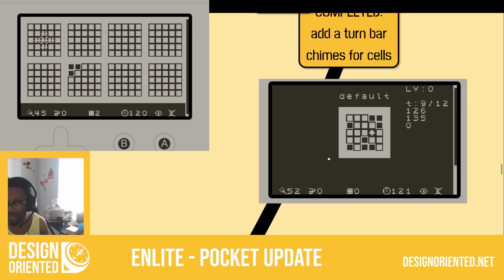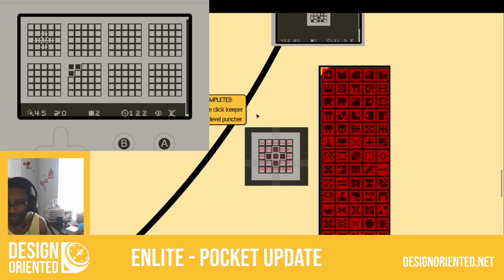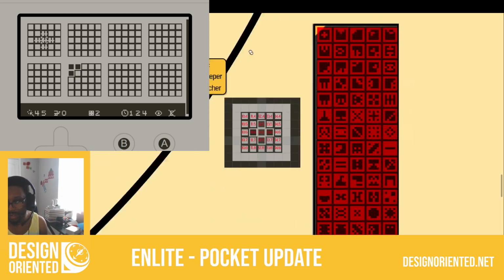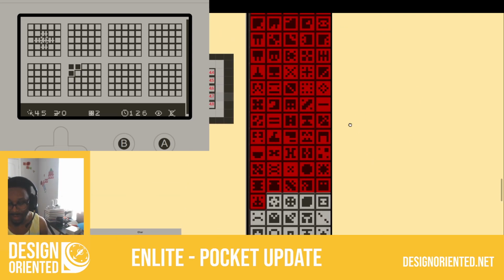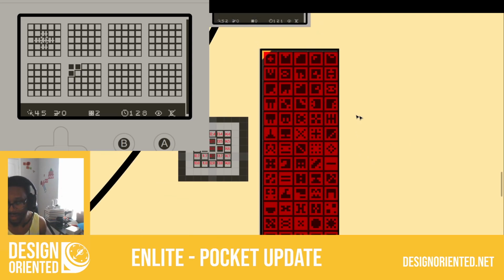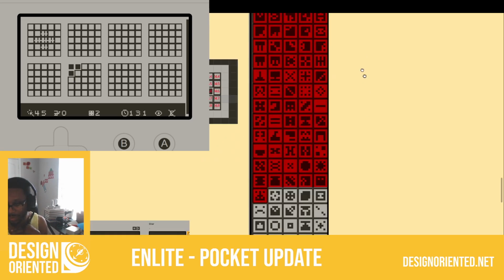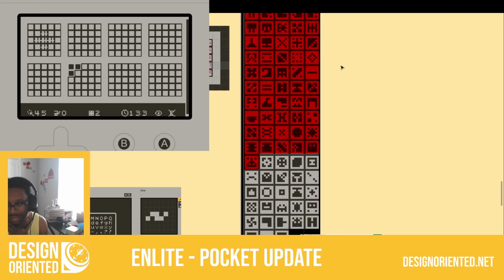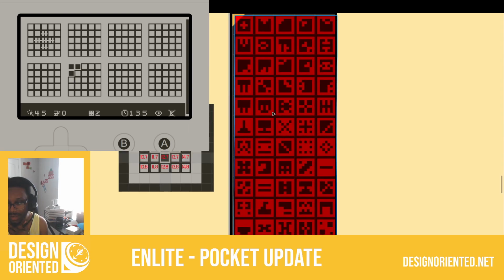As you can see on the right, chimes for cells, so when you click on them. And then I found out a really clever way to actually implement 100 puzzles. Very difficult because this game doesn't let you save data very easily. Doesn't let you use arrays, this engine. So I had to figure out a really clever way not only to have all these little icons represented, which you can see